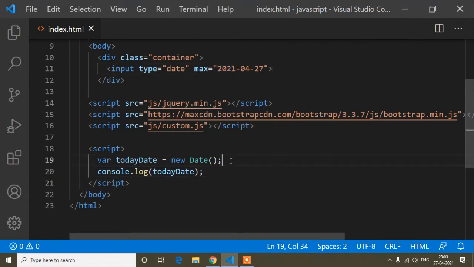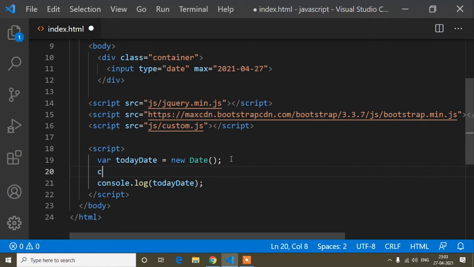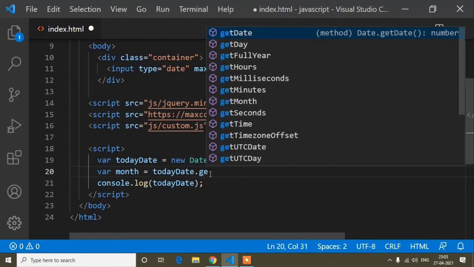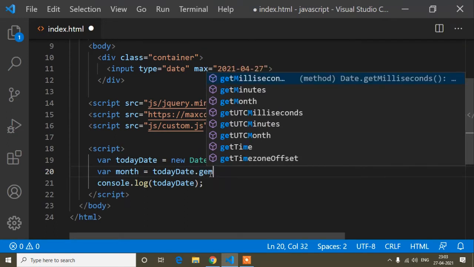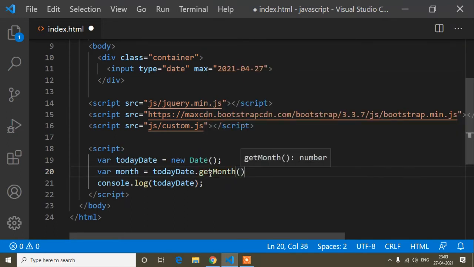So now here I can do that like var month, okay, so month equals to today date dot getMonth. This getMonth property returns the previous month. I mean, today dot getMonth, which month is going on today, today's date is 27 and 2021.